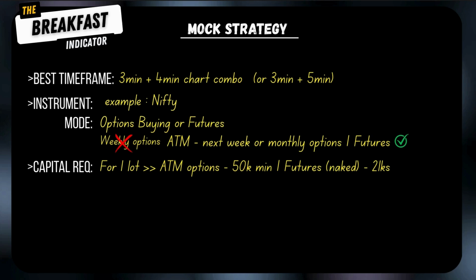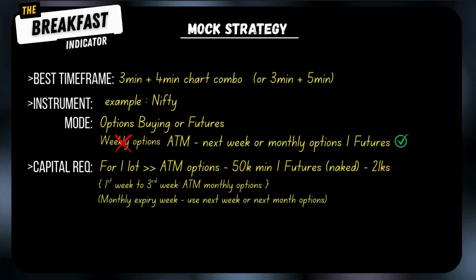So basically, from the first week to the third week, I can use at the money monthly options. And during the expiry month, during the monthly expiry week, I can use the next week options or next month options, right? This is options. Those who prefer futures, obviously, know what to do. Next, my SL,